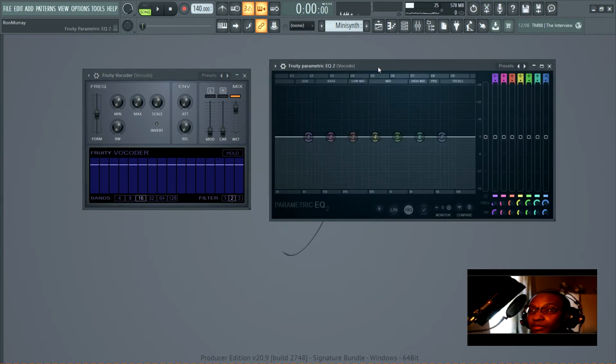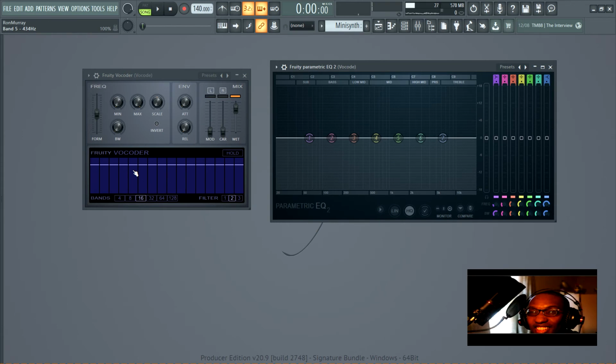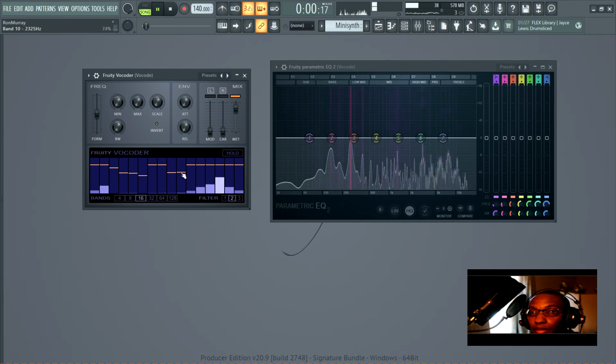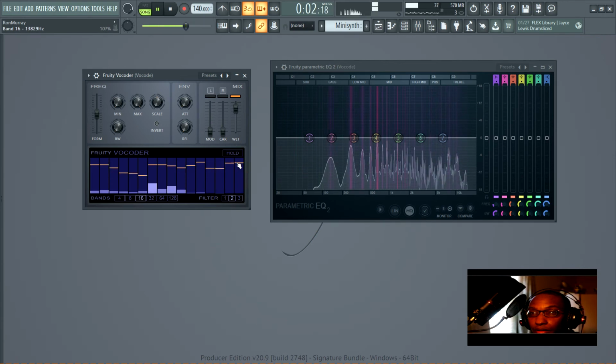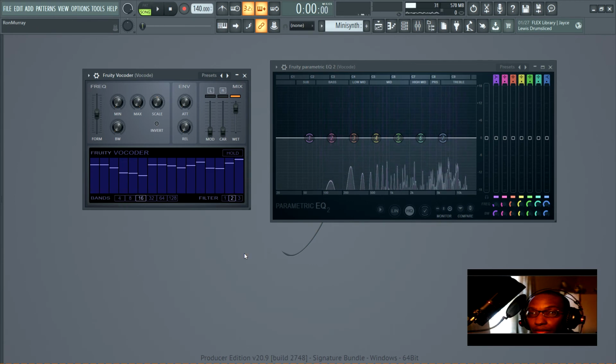I pressed undo, it deleted this. That's funny. So I'll just have to do it because apparently you cannot undo this. So check it out. See? So the idea is that you want it to sound more like the word respect, you